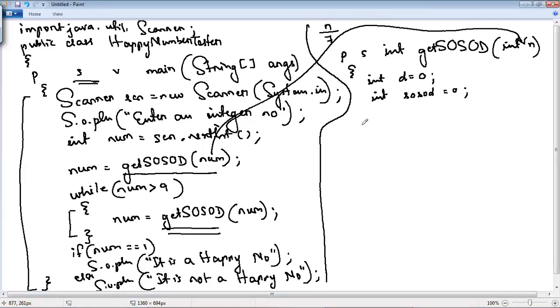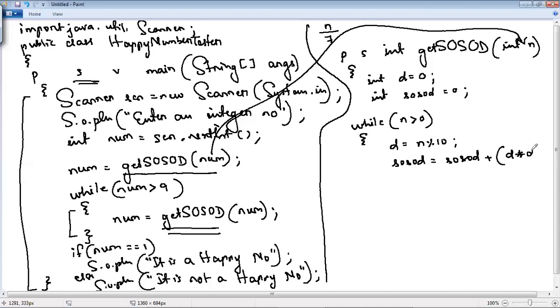Then let me use a while loop. While this value of n is greater than 0, yes or no? While n is greater than 0, let me extract the digit: d is equal to n modulus 10. So the last digit will get extracted. Then we write sum of square of digit is equal to sum of square of digit plus the square of that extracted digit, that means d into d.